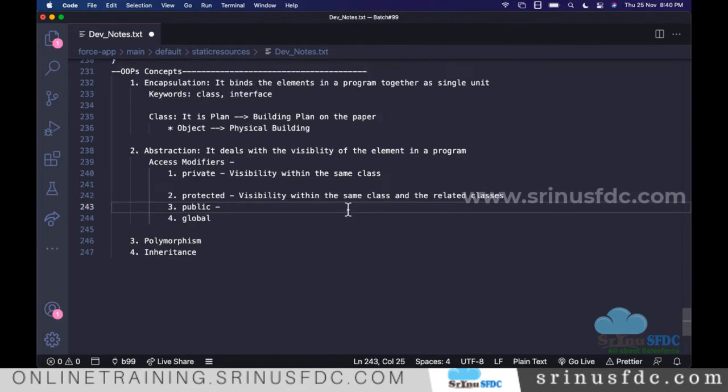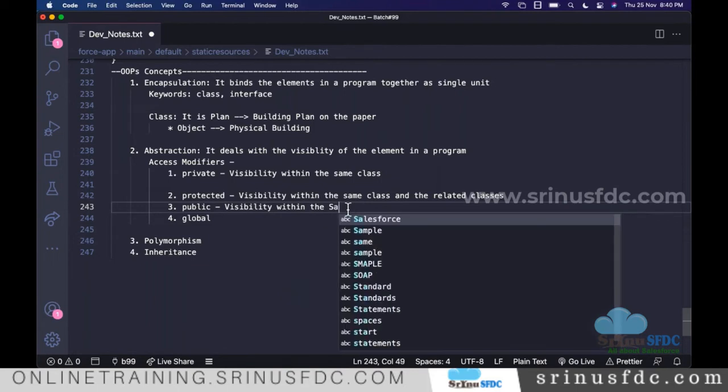Let's say in our Salesforce organization, once we log in, we created 10 Apex classes. From any class to any class, you can access the variable or the method if we define it as public. It is visibility within the Salesforce organization.